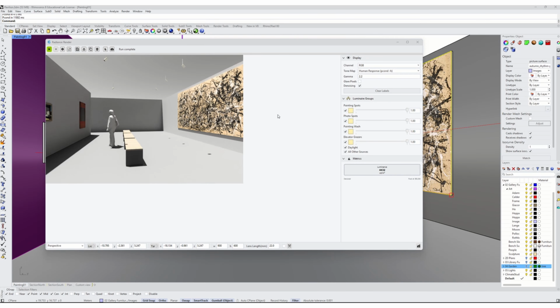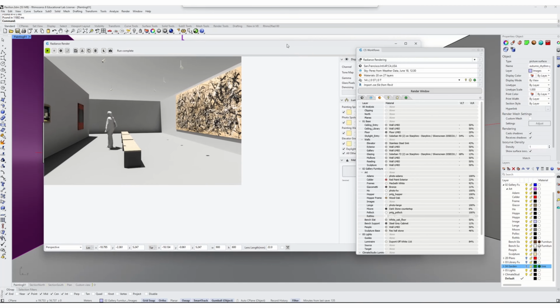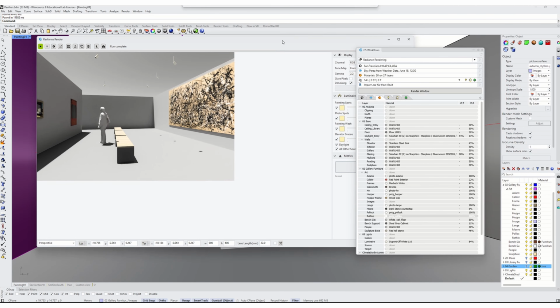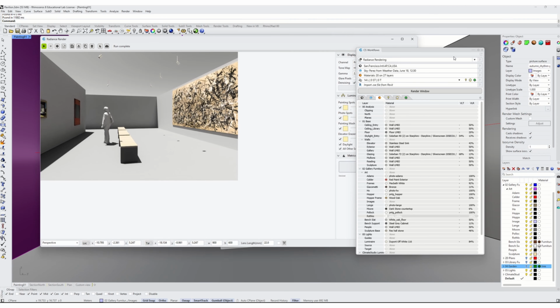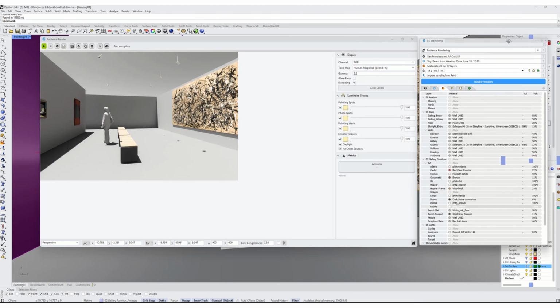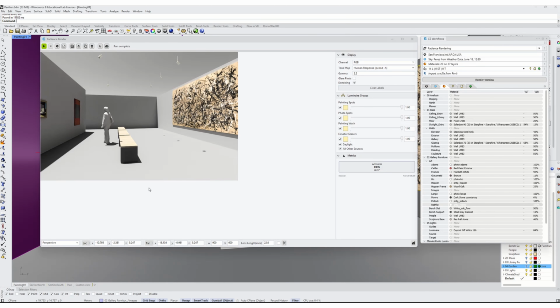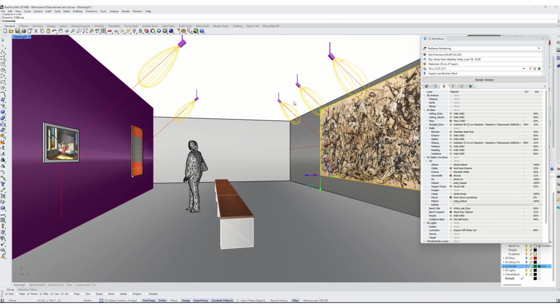Hello and welcome to a quick tutorial on electric lighting, specifically post-processing the electric lighting. We are going to be covering electric lighting in much more detail in the second half of the class, but for now I want to let you know that as you start working with this model, I've already modeled a bunch of electric lights. You may have noticed them. They are